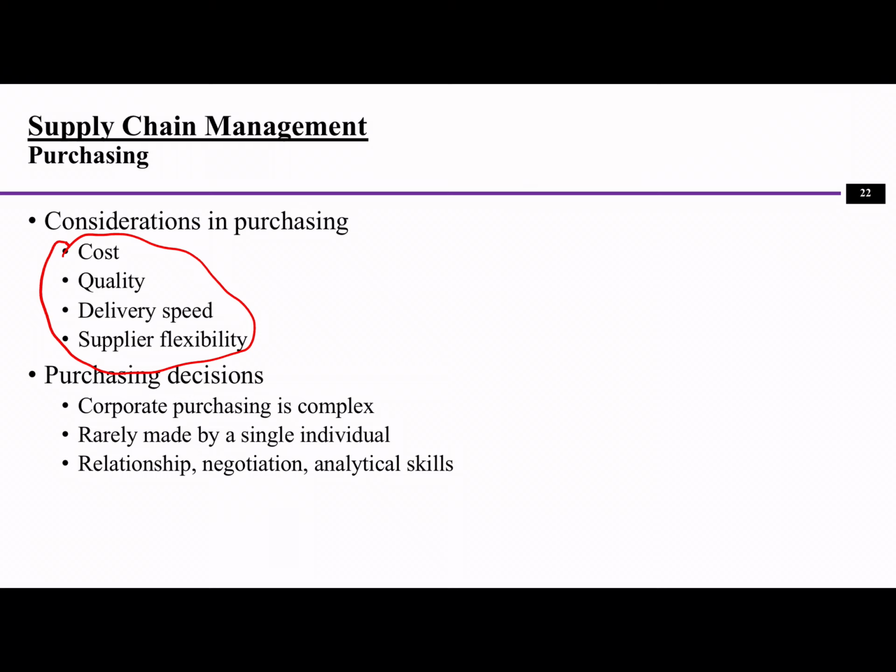And purchasing decisions are usually not made by one single person. It's actually corporate purchasing. It's a department issue. Also, you need a lot of relationship, negotiation, and analytical skills, right? So, for example, in